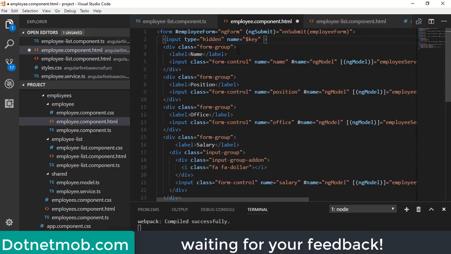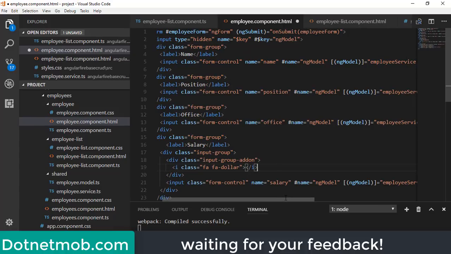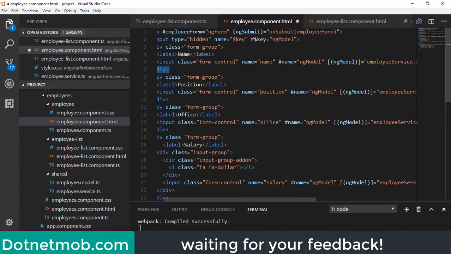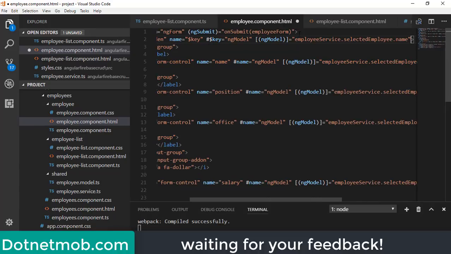Then I will set the local reference hash $key is equal to ng model. After that, we need to bind data using two-way data binding. So I will copy this one and pasting here. Instead of name, we have $key.